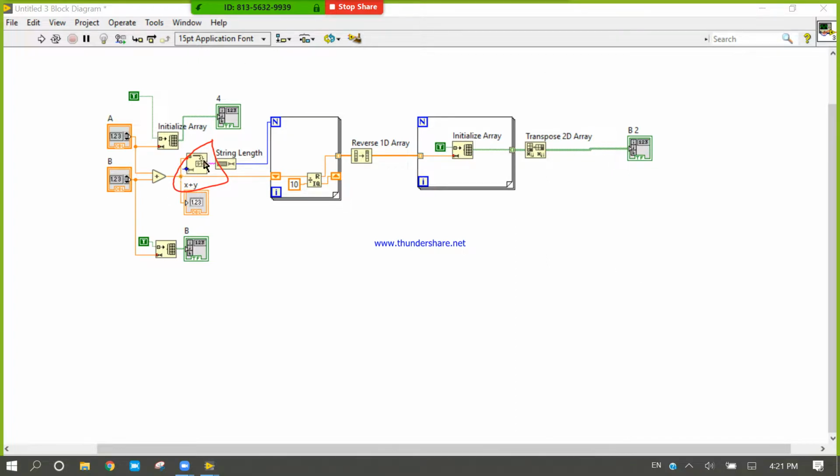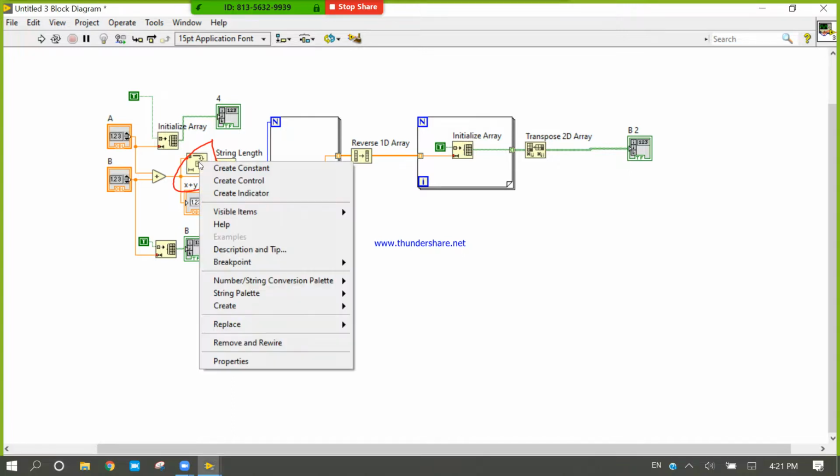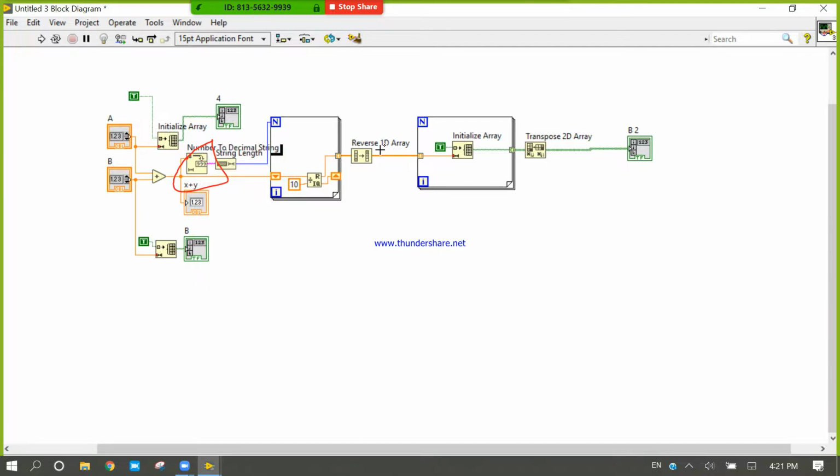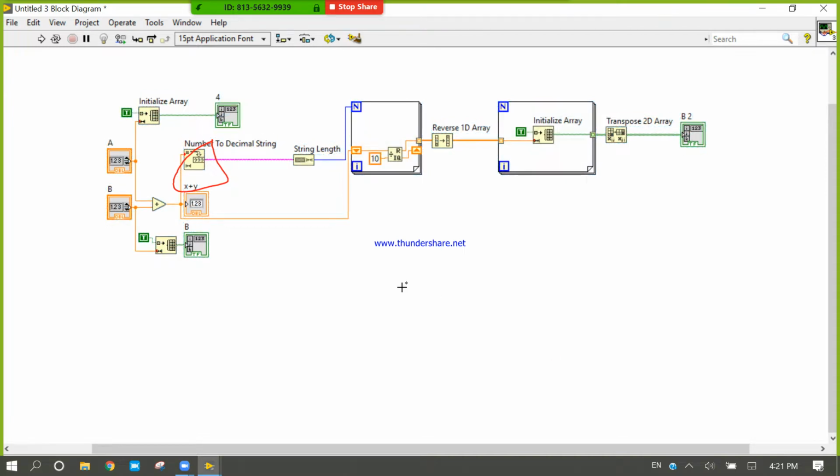By using this we are converting number to decimal string. If you do not convert number to string, then you cannot count how many digits are present in one number. If you want to count the digits, then you have to convert.